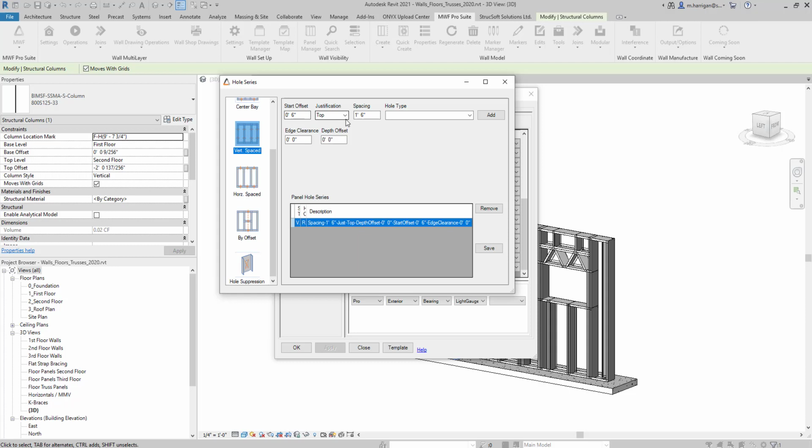First thing we'll need to do is figure out our justification. Are we starting our holes from the top of the panel or from the bottom of the panel? And if we're starting from the bottom of the panel, what is my first offset? And then what is the spacing after that? So my first offset is going to be 12 inches. I'm going to start my justification from the bottom, and then after that my spacing is going to be 2